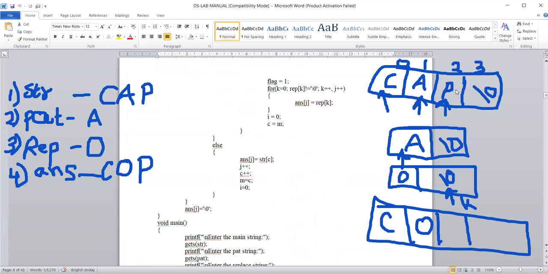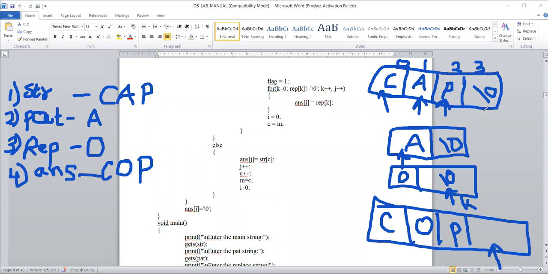Copy whatever is there in your string c position, that is P, into answer's j position. j is now 2 here. So we will copy P in your answer. Then increment your j. j will point to the next location.